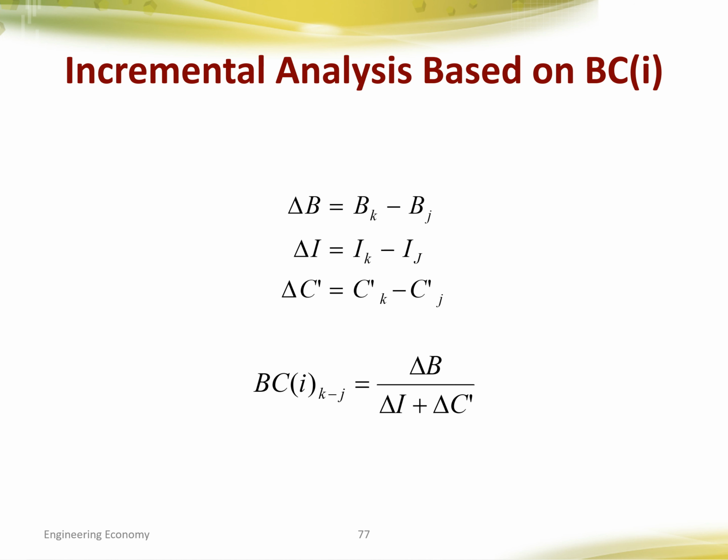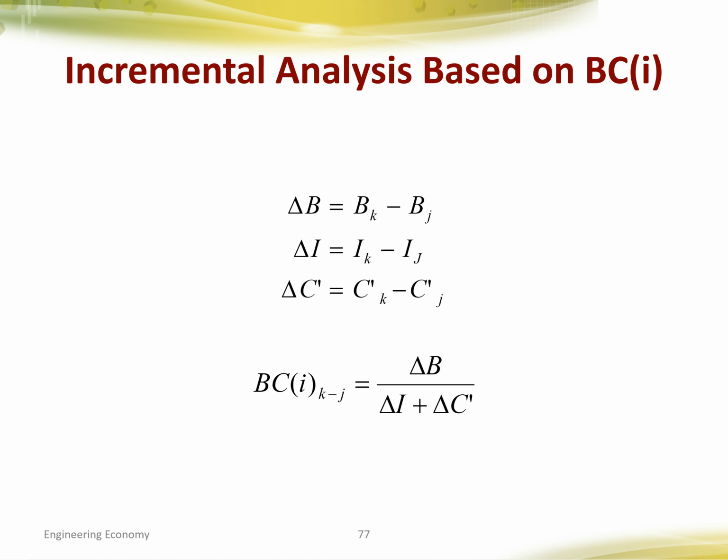Suppose we have two alternatives. They both have their own benefits and costs associated with their projects. So since we only have the benefit cost ratio as the evaluation criterion, what we want to do is